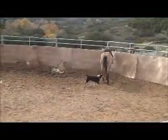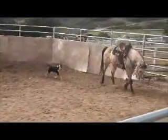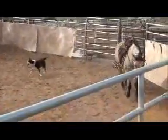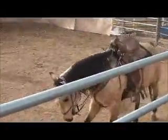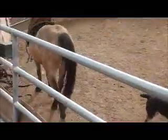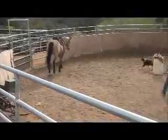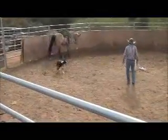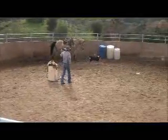So I'm just going to keep him going one way and let him find that. Because you notice, even when his nose is bent a little bit like that, he's still on the vertical. I wish I had filmed him the first few times I did it. He was really pushing on that bit a lot. His stride was real short. And this horse was, which brings up another thing,